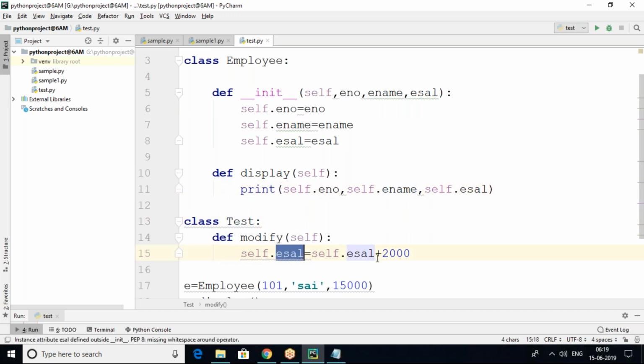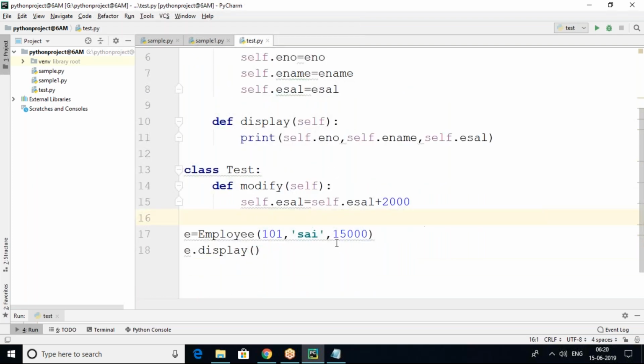So e-salary we are trying to modify by adding 2000 extra. The actual salary is 15,000, but I'm adding 2,000 as the modification in the modify method under the Test class.